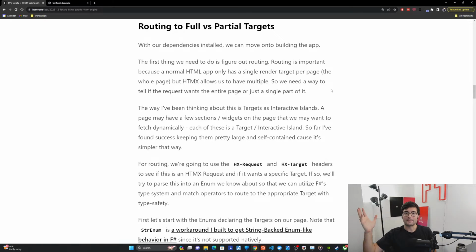And you have props and URL parameters that tell you, I guess, exactly what you want to render. But usually the props are just focusing on the data that's going to be in the page. And so with HTMX, we have an extra layer of a little bit of complexity, though I think we can manage it pretty well, where you have your URL, which is going to a handler, but now we actually have this other routing where inside the handler, we need to know what part of that page you wanted. And so the way that I'm thinking about this now is targets as interactive islands,